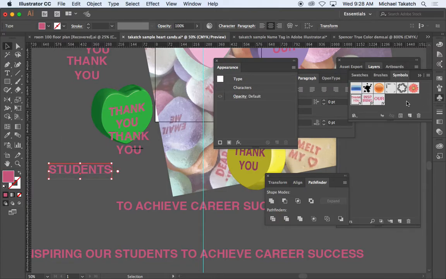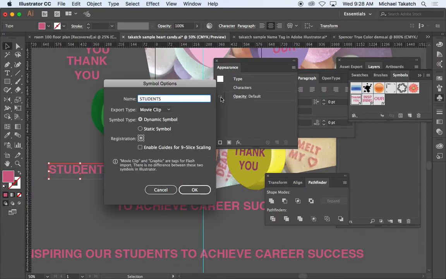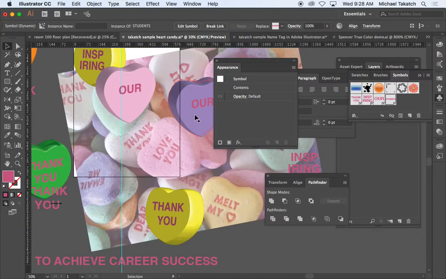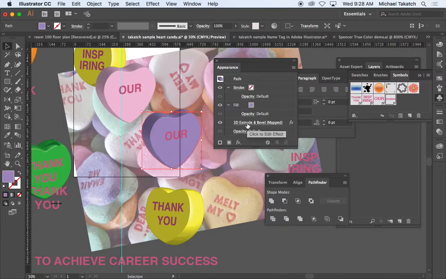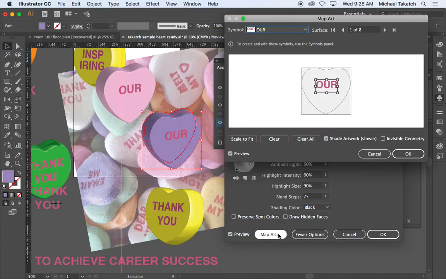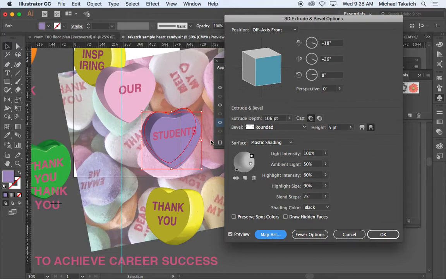So here's the symbol. Just click New. Since I already have it selected, I might as well just paste it in there. And now when I go to this purple one, it has the image. I can just go in here to Preview, grab all of the map art. It should be listed right there. And you can see it's pretty large, so either I distort it, place it up into here, best I can, click OK. In here's where I can rotate it or change some of the direction to try to fit there,